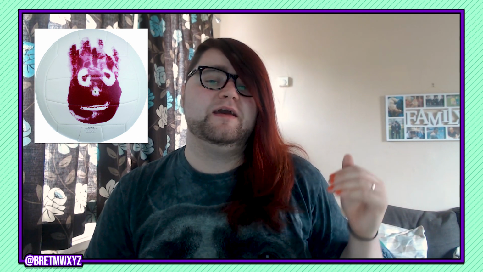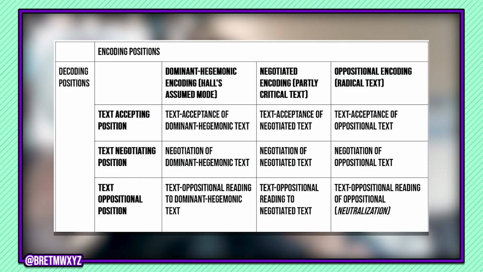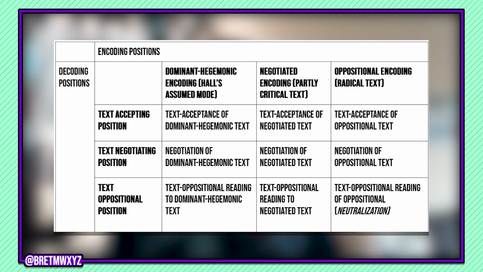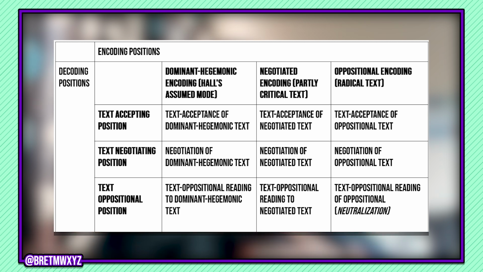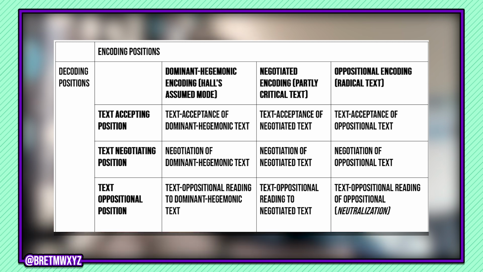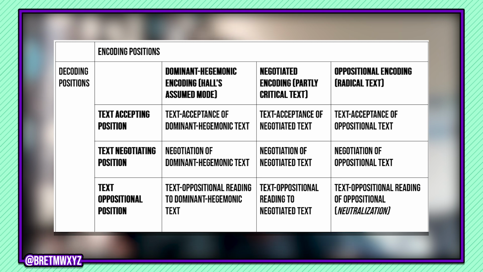What we're left with is this table. And as you can see from this very easy to understand table, the leftmost column is the original Stuart Hall model from earlier in the video. However, two more columns have emerged based on the encoding of the text. A negotiated text, that's this middle column right here, is one that has a mix of agreement and disagreement with the hegemonic position. Say, liberals, centrists. Then on the right we have radical text, such as BreadTube, or equally, far-right productions such as InfoWars and Dave Rubin. Is he still a thing?